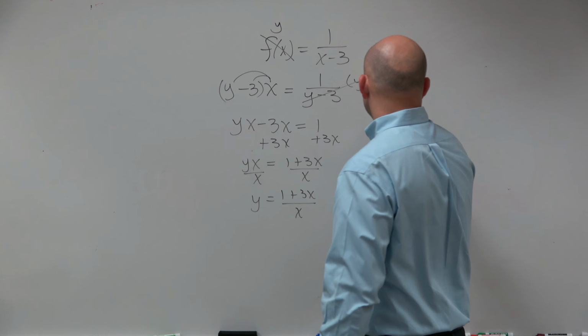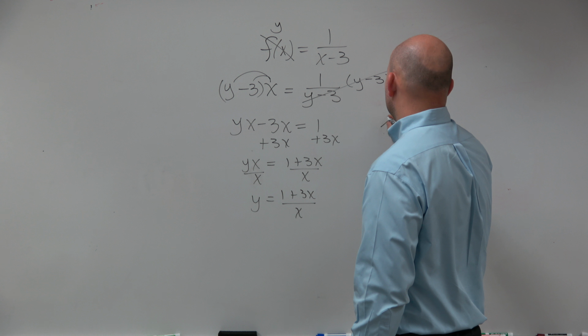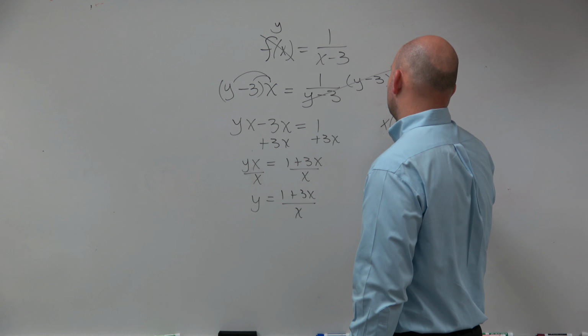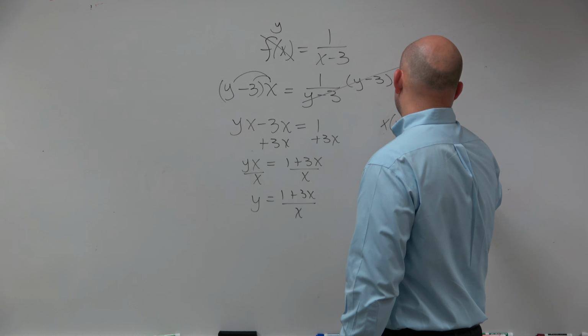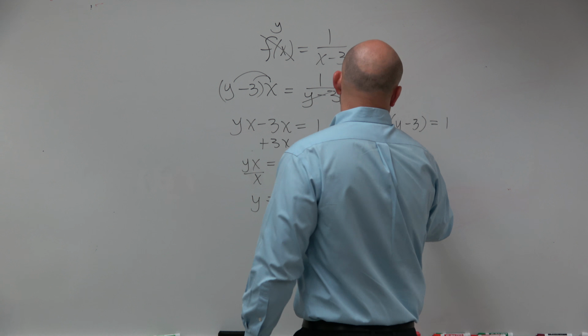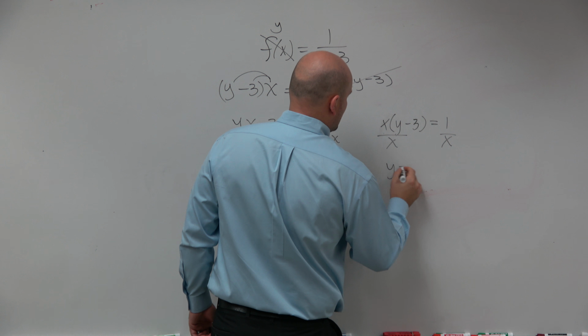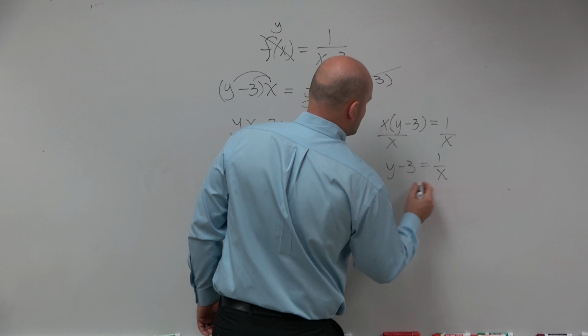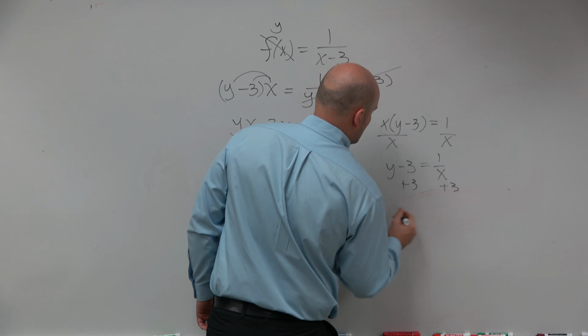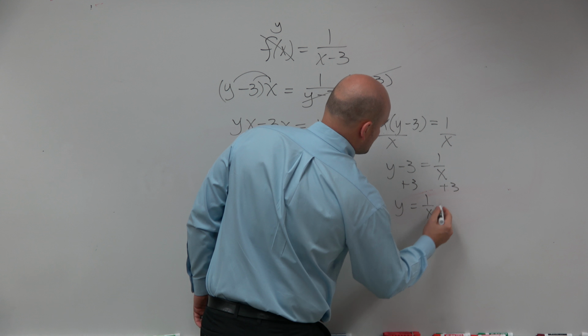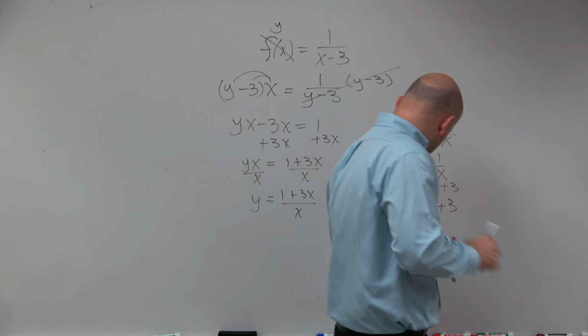Another way to look at that is you could actually factor out the x, and then divide by x on both sides. And then you have y minus 3 equals 1 over x, and then add 3. Y equals 1 over x plus 3. And the reason why that works, again,